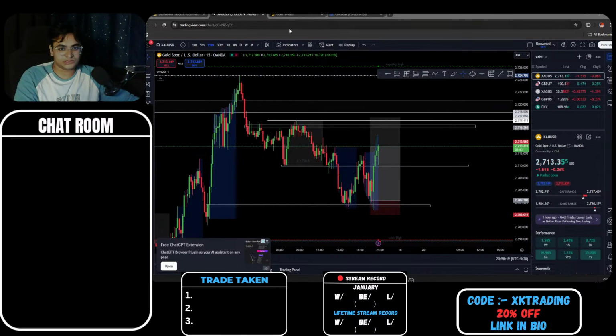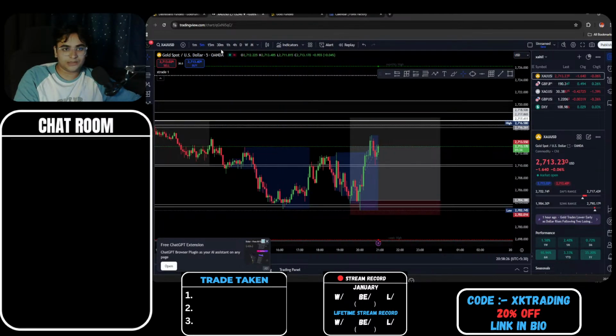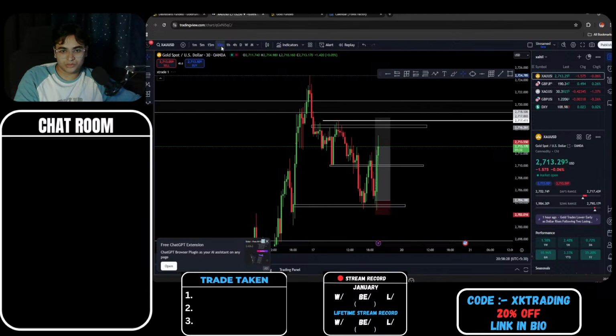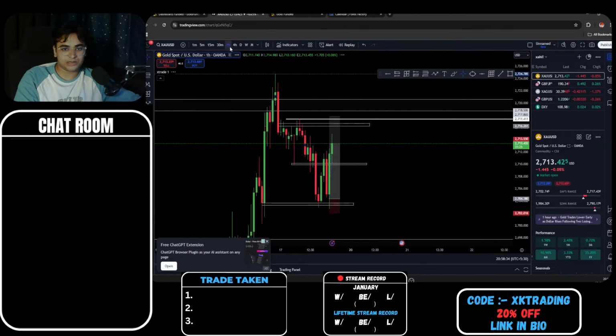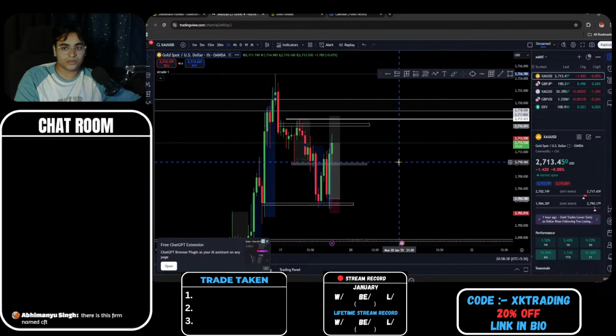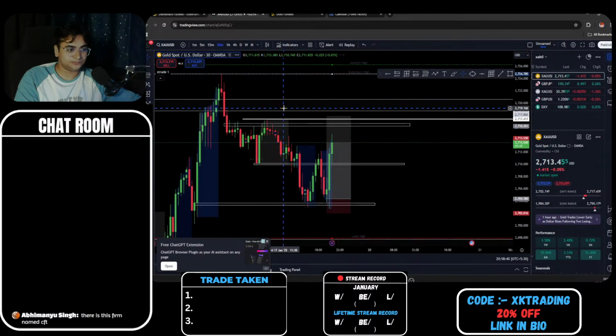But yes, the 15-minute candle is flipping bullish now in the last 1 minute. Looking at the 30-minute candle, we got 1 minute as well. If this 30-minute candle closes bullish, the next 30-minute can flip bullish as well and go much higher. So as well as the 1 hour. Oh no, the 1 hour still has 30 minutes left.